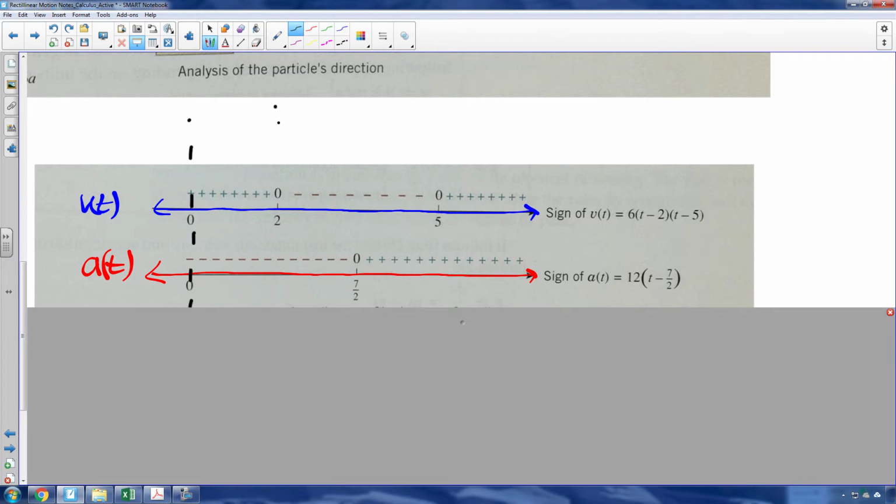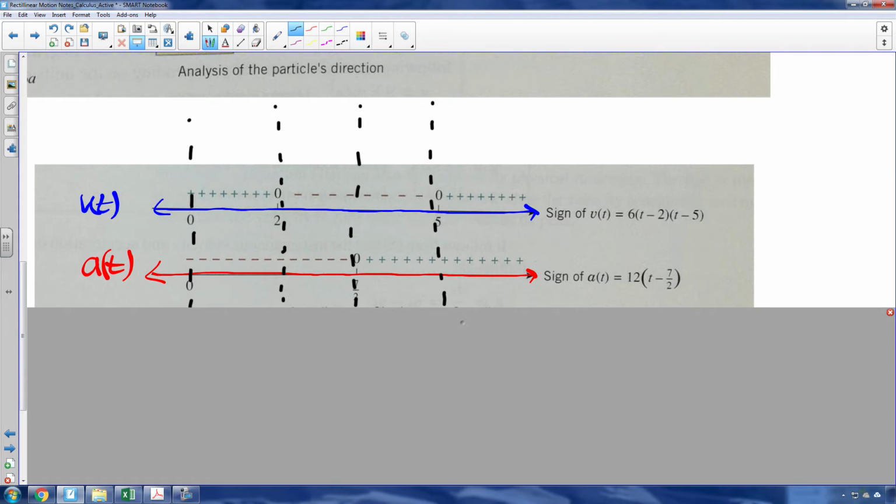Okay, good. So now let's erase this and kind of just break it down. We have two number lines here. We have the blue number line, which is the velocity number line, and then the red number line, which is the acceleration number line, right here. Now, I don't want to make this graphic too confusing, but if we look at this